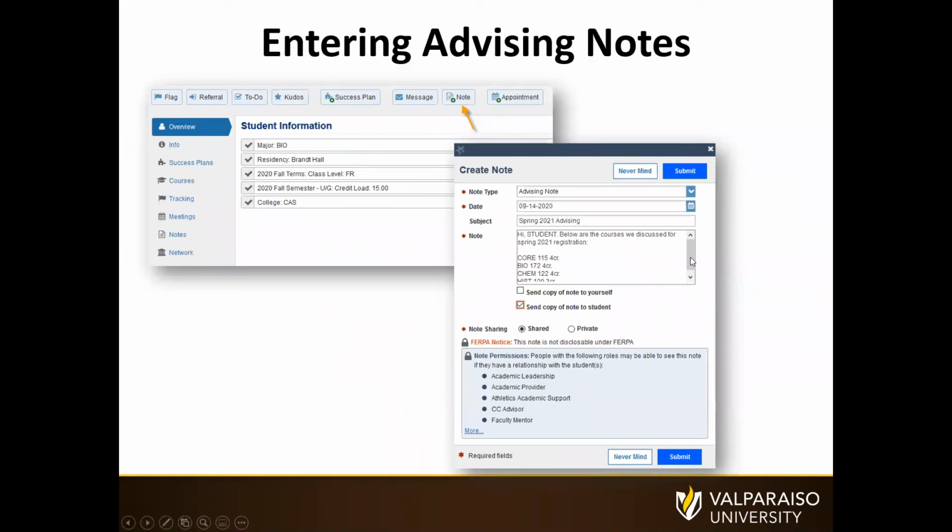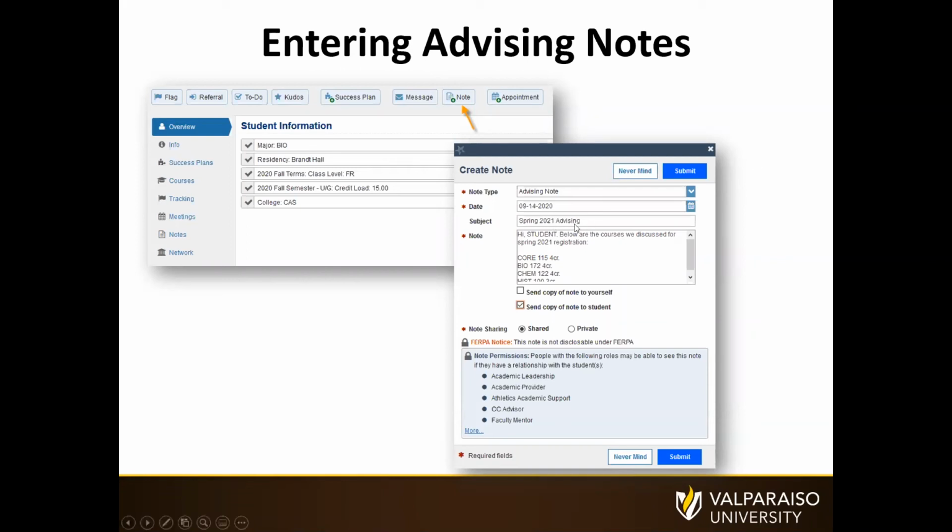All right, another type of note you can add would be advising notes. So if you're coming in to Starfish fresh, and I have your list of students, you'll just click on their name. Like I said, it'll pull up this menu here, the overview screen. Up at the top here, you have where you can add a note. There are several different types of notes that you can add, and they include a brief description, so you can decide what to use. But in this case, if we're wanting to add an advising note, you'll select that here,